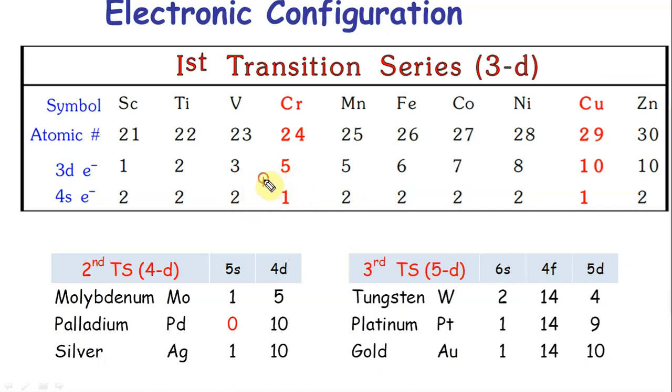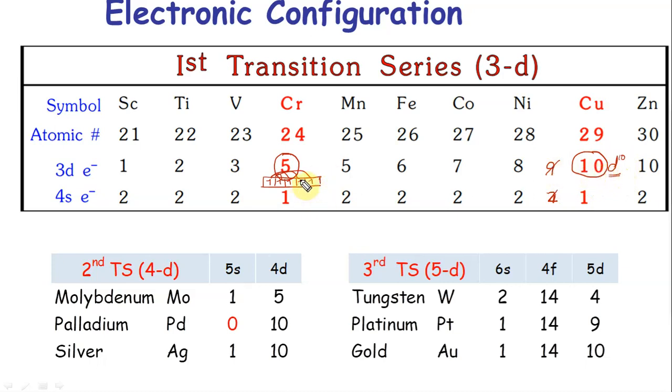The reason is what we saw in our quantum number lecture way before. These 5 lone electrons have exchange energy, so extra stability. Similarly, copper. If you look here, all of them have s2 except these two. So instead of 2 here and 9 here, copper chooses to be 1 and 10, because d10 gives you symmetry and exchange energy. So copper is an exception as well.